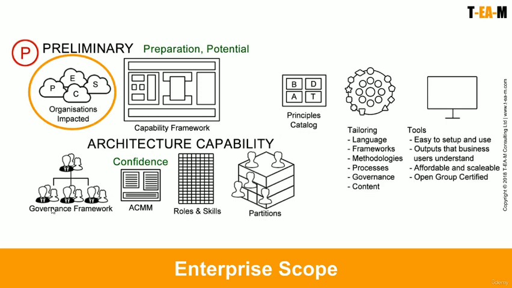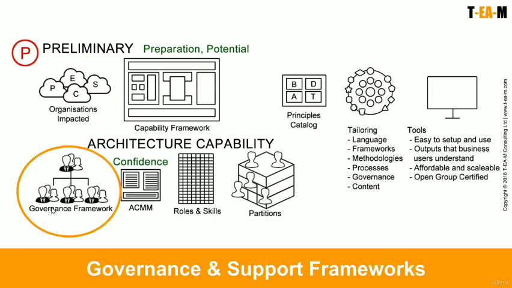We scope the organizations impacted to change our enterprise, including our partners, customers, and suppliers. We confirm our governance and support frameworks, taking into account what already exists within our enterprise, and ensuring that an architecture review board is established to govern recommendations from the architecture team. For example, we may apply COBIT and ITIL to embed the enterprise architecture control points within the broader business processes. For large organizations that span multiple regions or departments, we may also set up subordinate architecture review boards to spread